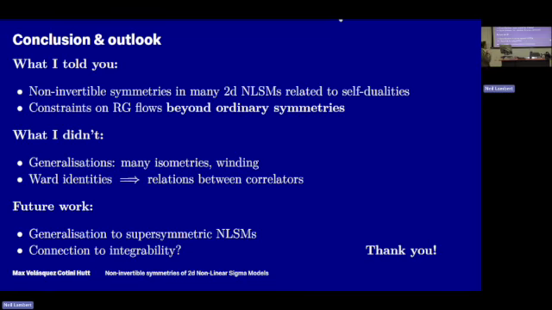So it seems non-obvious that if I start with some theory that doesn't have such a non-invertible symmetry, and I do some gauging and gain a non-invertible symmetry, that I'm never going to get back to the theory that I started with. I'm aware, and maybe we could talk privately afterwards, that there are some somewhat contrived examples where you can do some finite non-abelian gauging and get back the same theory, but the one I have in mind is an extremely specific thing, so I'm not sure there's a generic answer. But maybe that is an example of a broader phenomenon. That would be very interesting. Great, thank you.